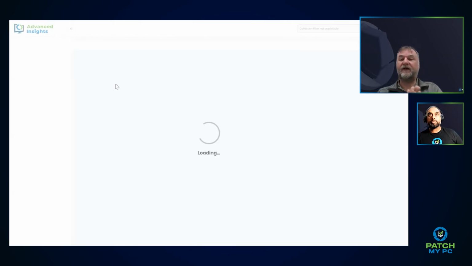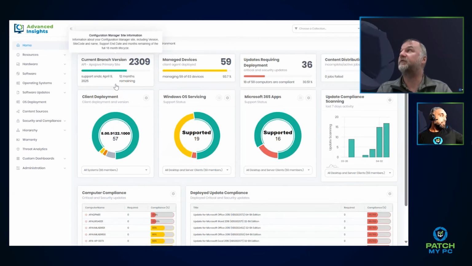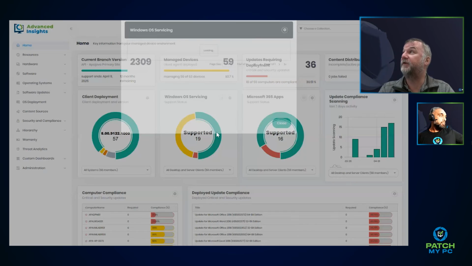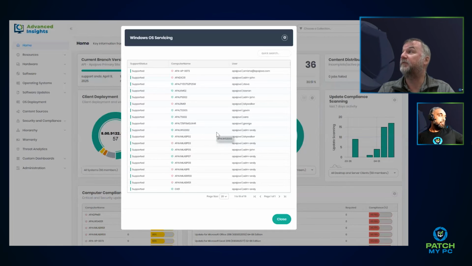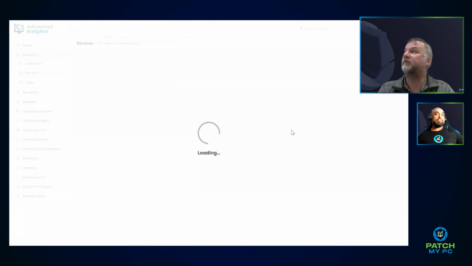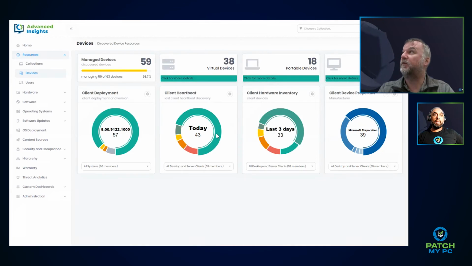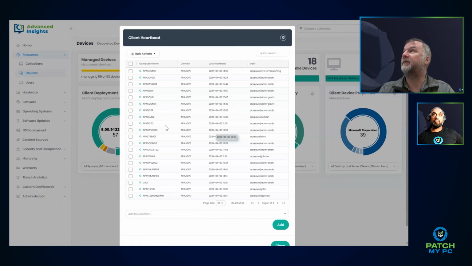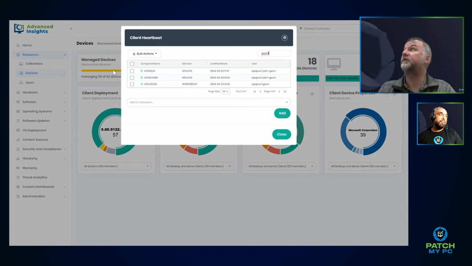I've had the ability to add a device to an existing collection or remove a device from an existing collection for quite a while, since we first shipped Advanced Insights. But what we now provide, or will do in the next release, is the ability to do a bit more collection manipulation. So here I'm looking at a list of computers. If I wanted to filter this and find only machines that Gavin has logged on to, so there we go,